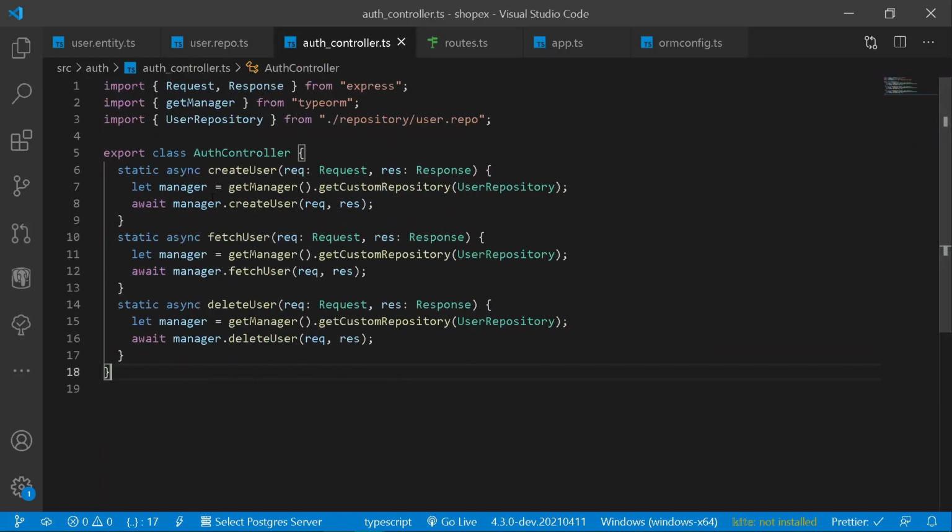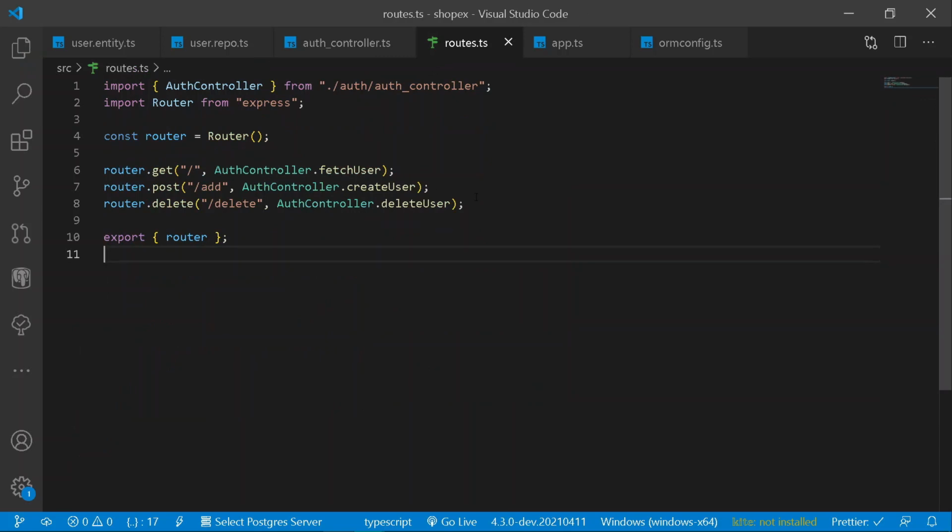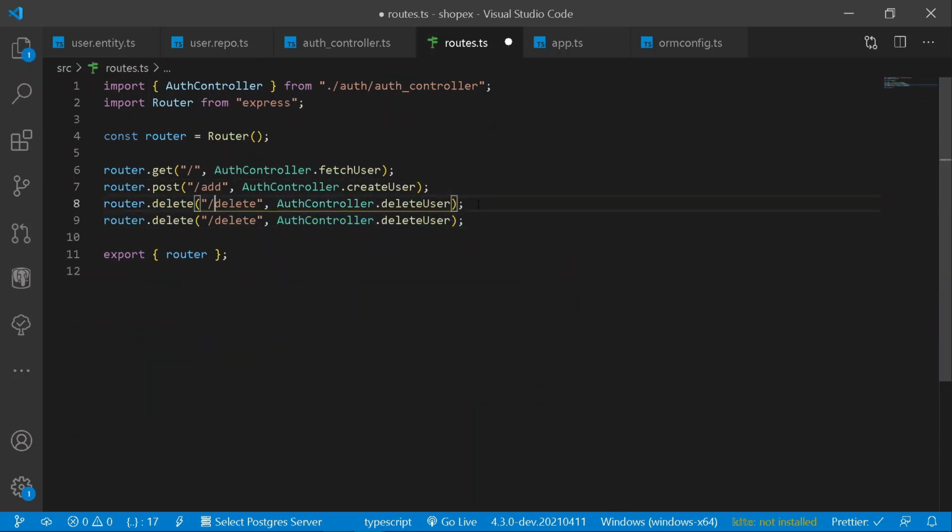For trying it out, let's go under our controller. Let's copy the following method, and here let's say update user. Also we shall be requiring update user here. Let's go under routes and add a new route for updating our user. Let's paste it here, and instead of a delete request, it should be of type put request. So here let's say update one. And also we are going to require update user. So here let's say update user, format document first.